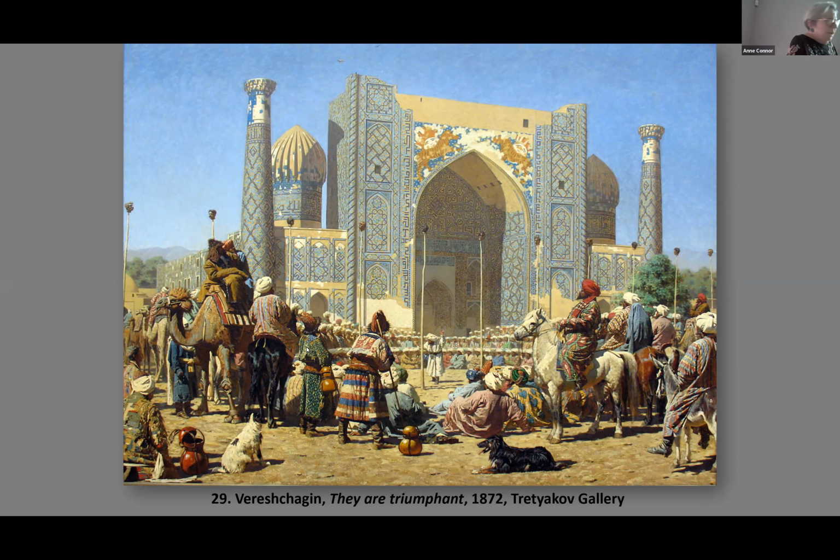This is another view, where Vereshchagin is depicting the brutal business of war. A lot of his paintings, and I'm skipping many for lack of time. But what you see, first of all, is that beautiful mosque in Samarkand, and that whole group of people sitting around. And then your gaze suddenly falls on these poles, on top of which are the heads of people who were decapitated and exhibited there as trophies of war.